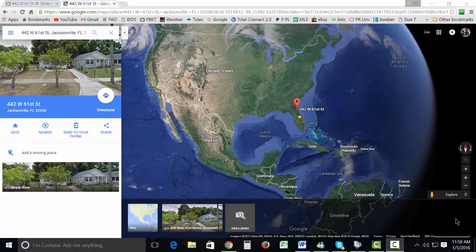I have a property that I want you to take a look at. It's located at 442 West 61st Street. I want to zoom in. Of course, it's here in North Florida,